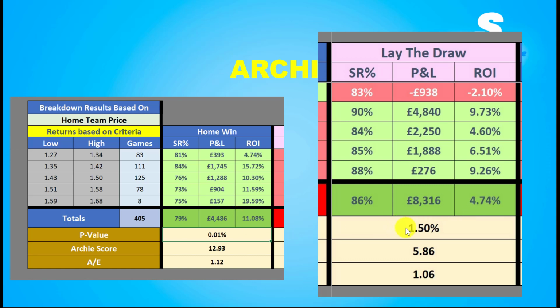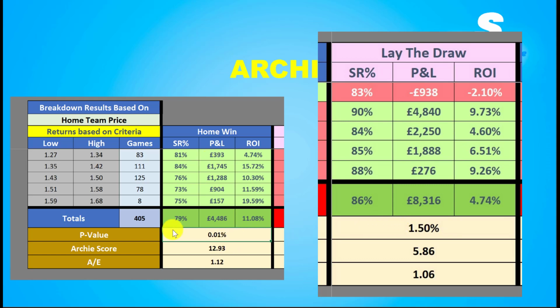But also now we can see that the p-value is a little bit higher as well, 1.5% compared to our pretty much 99% pure system. And the Archie score is hovering around 5. And like we said, the minimum should be 5, okay? So while this system could well be a solid one, this later draw, it's not that bad. There are worse systems that can be found inside the system builder. But if you're looking at the two systems compared to each other, well, there is the chance that this later draw is not going to succeed in the long term, and that it could be down to luck and it could revert to the mean. Not so much with this back the home win. This looks pretty pure and pretty solid.